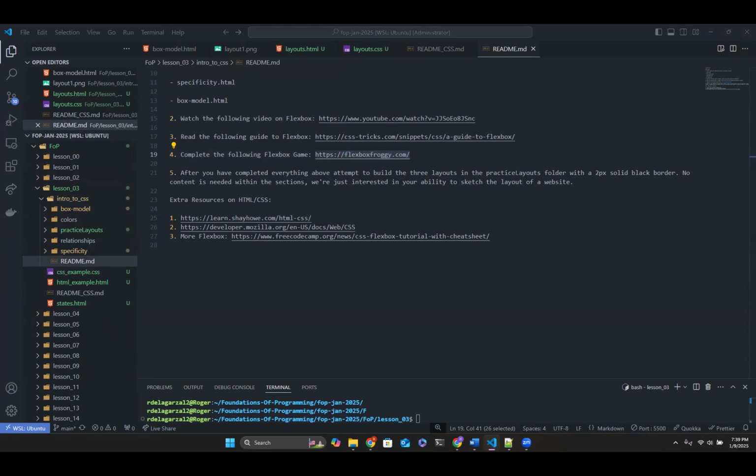I'm sorry if I did not do that good of a job handling the Flexbox or the divs. I get very rusty with these. Do I have any questions before we move on?